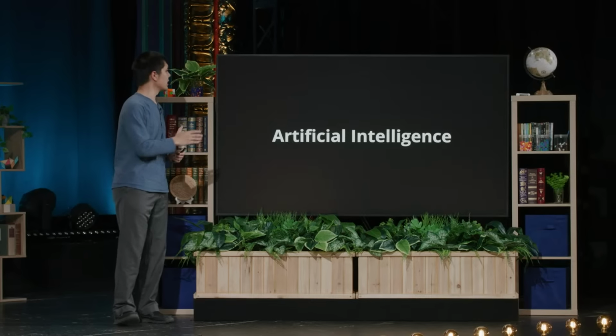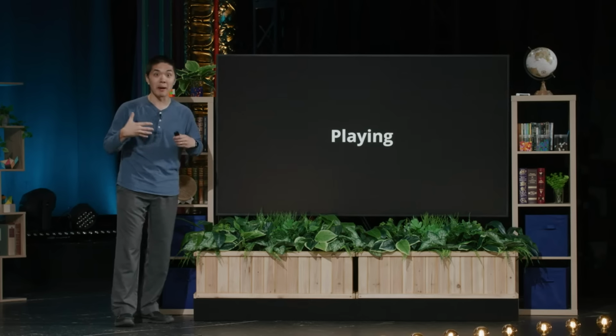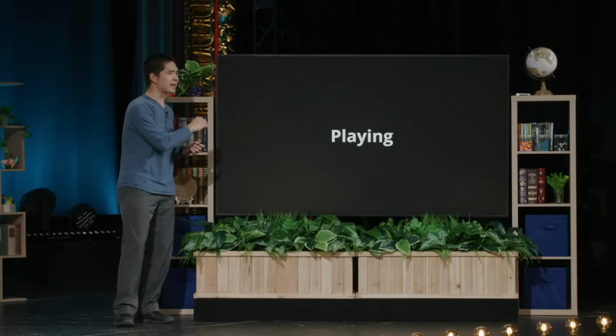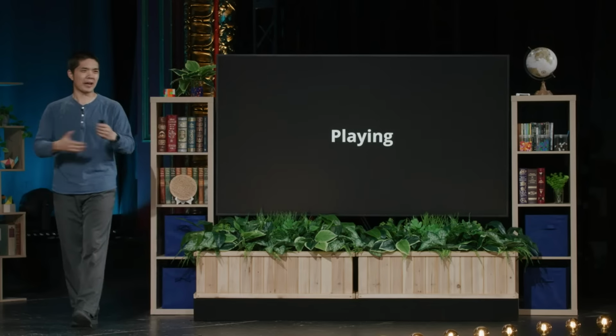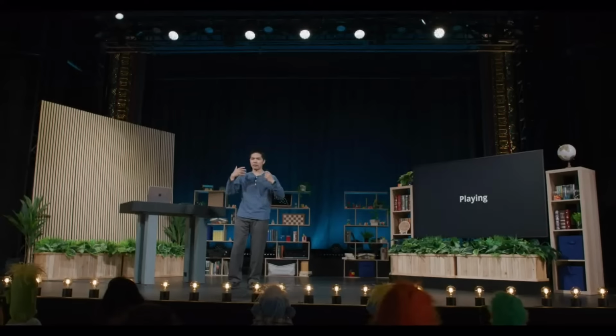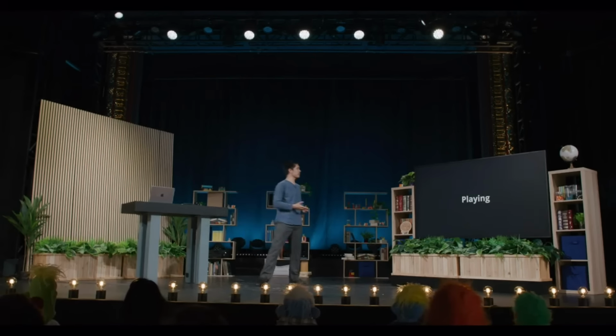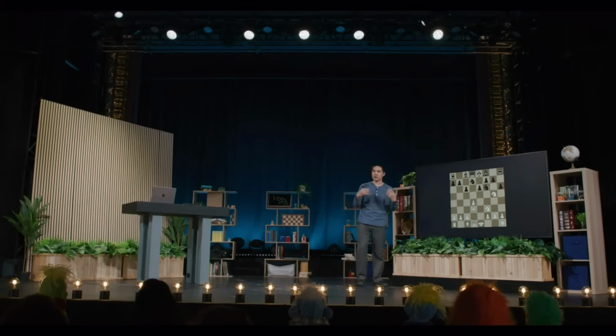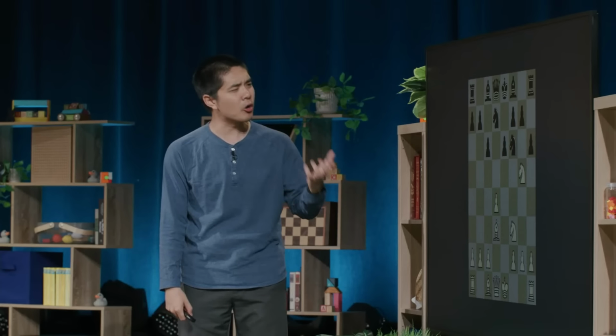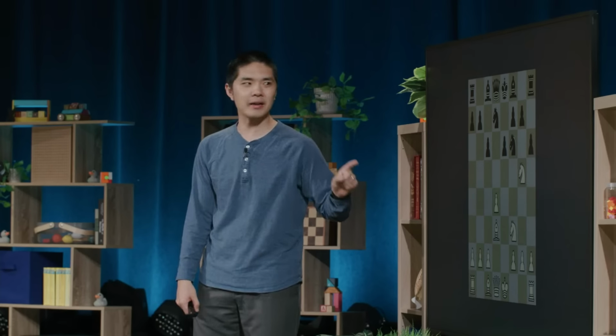But today's focus is going to be all about playing, and in particular about playing games. And AI playing games might seem very different from the kinds of AI that you might have experienced, or maybe you're familiar with AI in the form of chatbots or self-driving cars or image and video generation. But it turns out that playing games was one of the earliest areas of research into AI. When we were first trying to think about how we could make computers intelligent, one of the first places we started was looking at games like chess and other types of strategy games, and thinking about how we could build AI that can play these kinds of games well.